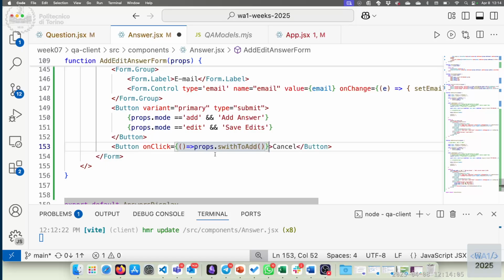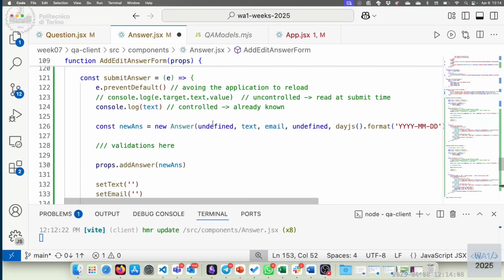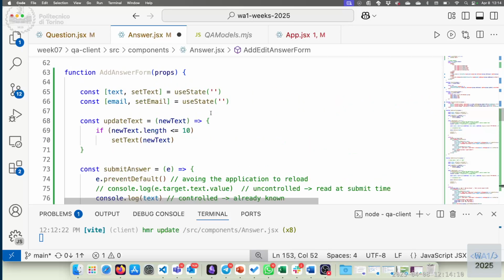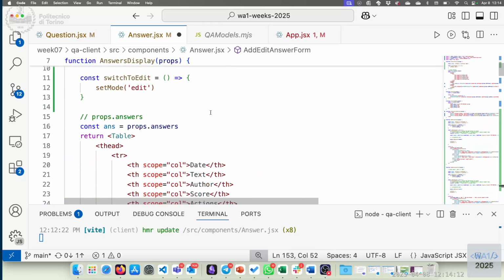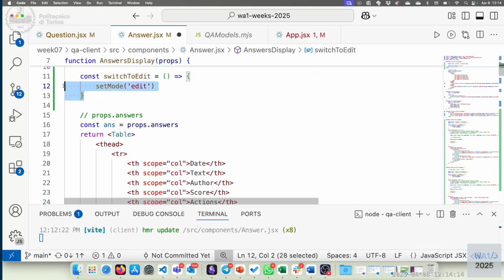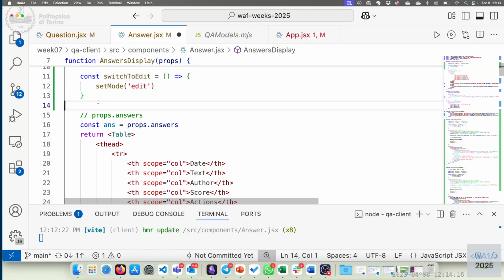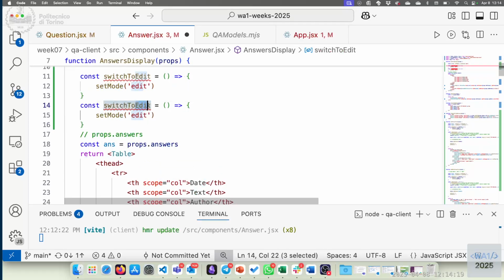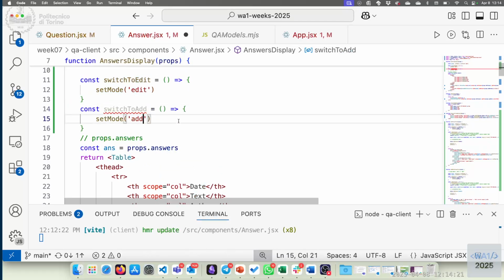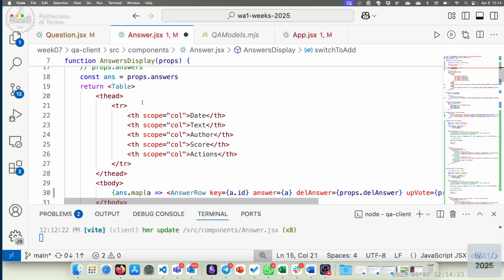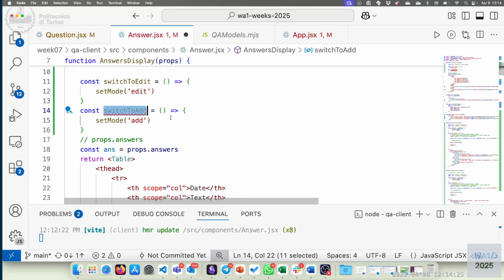That needs to be created and passed down, and okay, you know the story. So we have this switch to add. It can be done in many ways. I don't really like having strings as mode, but